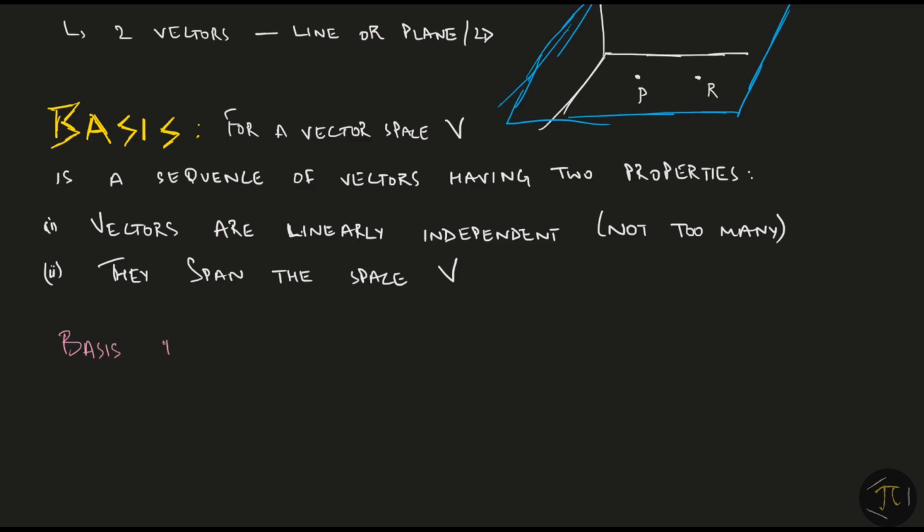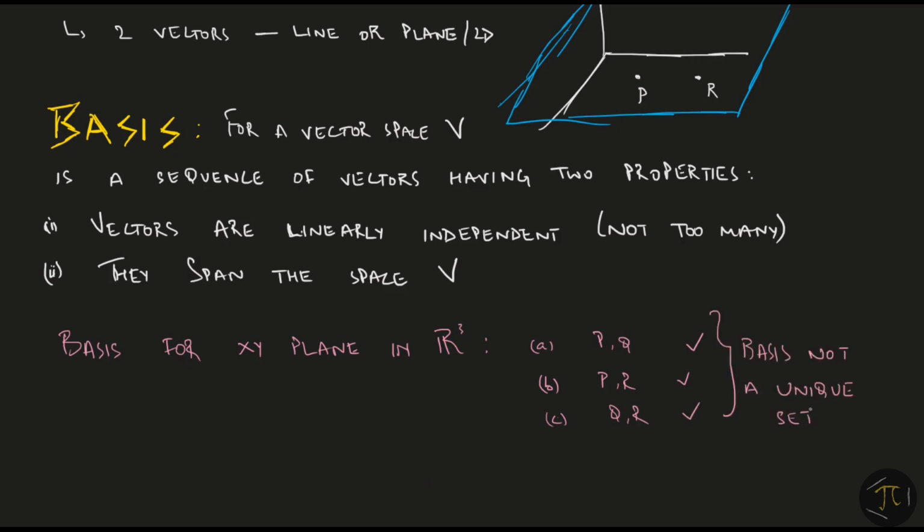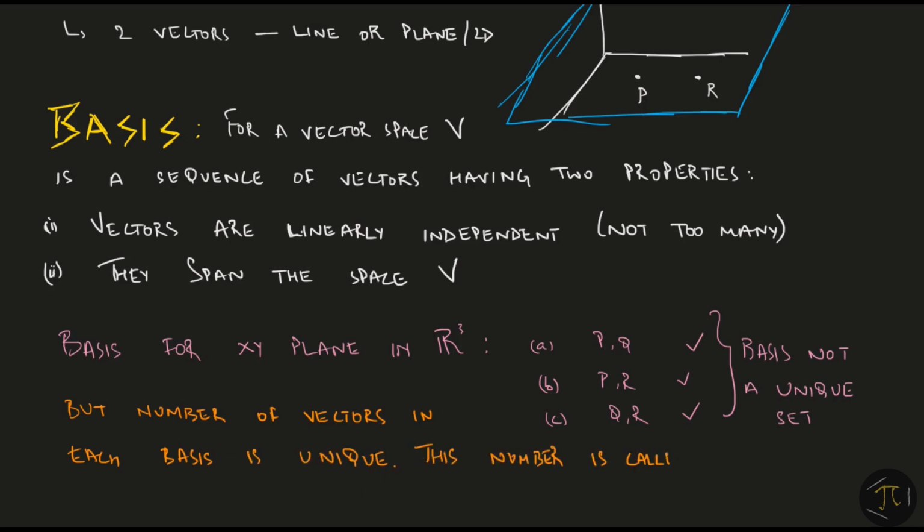So what are the bases for the xy plane in R3 in our example above? P and Q could be a basis, and so could P and R, or Q and R. What this tells me is that the basis for a vector space is not a unique set. In fact, there are infinite bases for most vector spaces. But the number of vectors in each basis is actually unique. This number of vectors in the basis is called the dimension of the vector space. In our example here, the dimension would be 2, क्योंकि कोई भी basis choose कर लो, उसमें 2 ही vectors